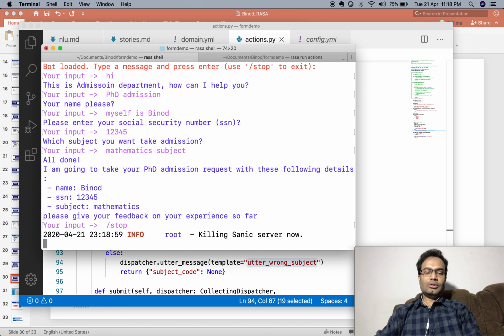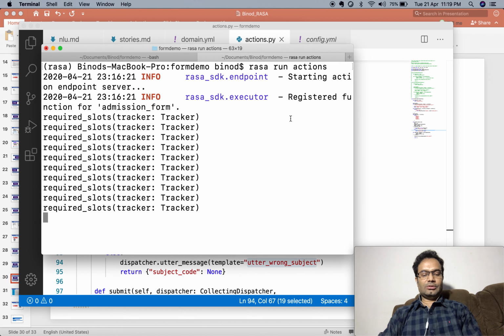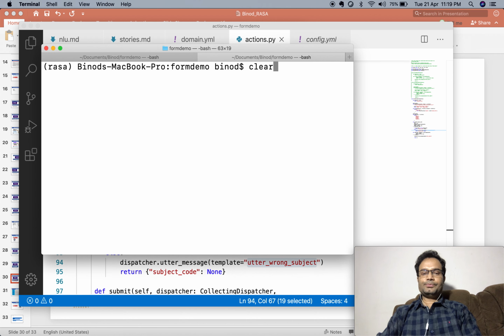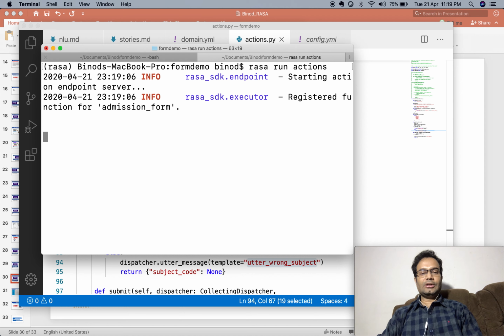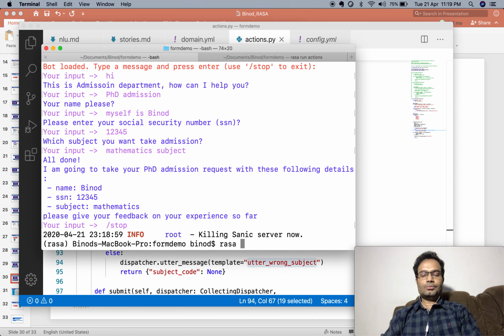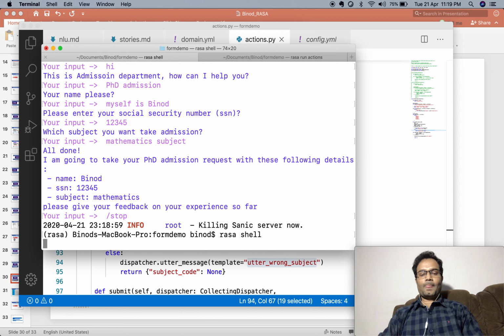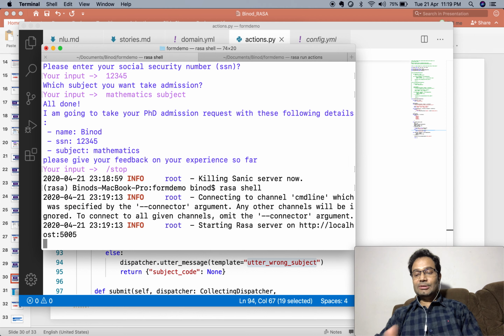We just have to start our action server. Okay, run the action server. Perfect. Now this time if you give mathematics, it will say, hey, I can't accept mathematics, my university does not provide a PhD in mathematics.